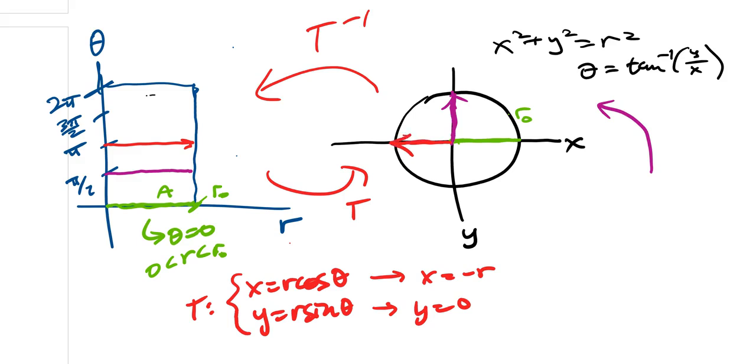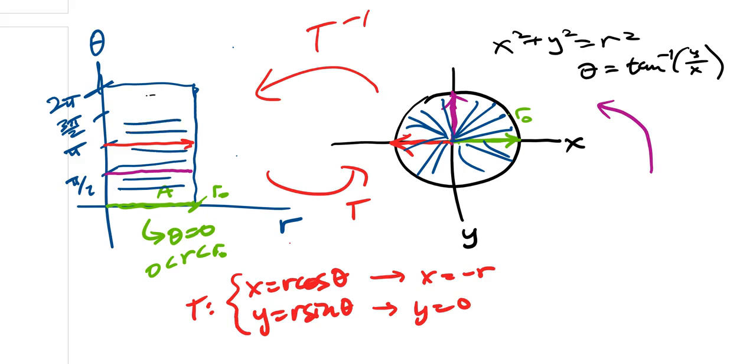And so what we're doing is we're going around the circle in radial lines. Those correspond to going up this rectangle using horizontal lines like that. So the horizontal lines in the rectangle are mapped to radial lines in that circle, in that disk. All right, so now what happens whenever you,